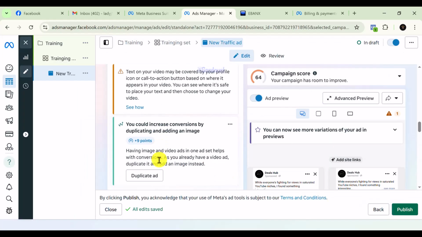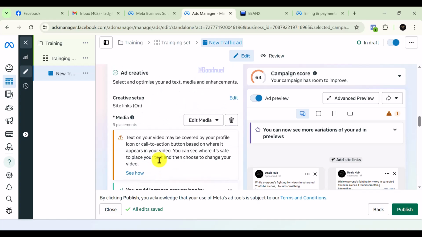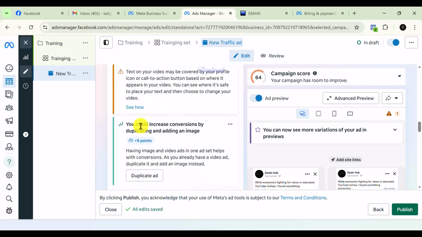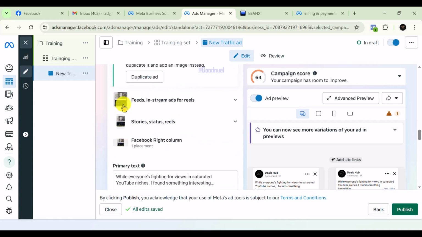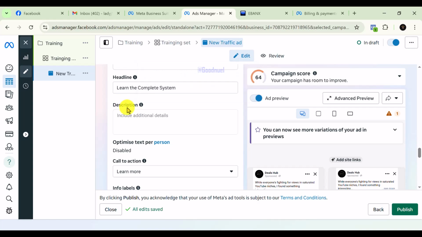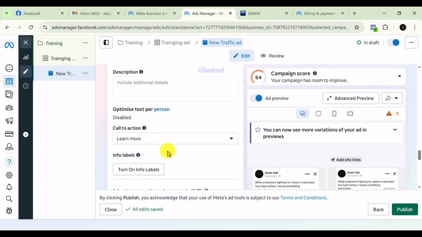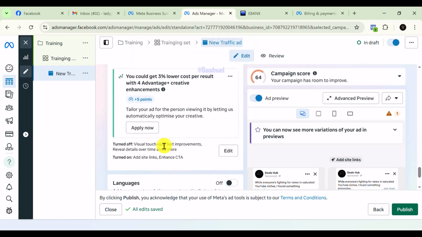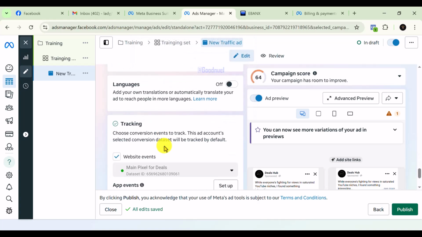So we have uploaded all of our creatives, and you are going to see this error if you did not do that edit I talked about, especially with the video frames. All right, so I'm going to ignore all of that, but you see how it shows. So it's going to show in feeds, in stories, and Facebook right column. So this is the primary text we added, and this is the headline. Again, this is the call to action, and we are basically ready to publish. So you want to also